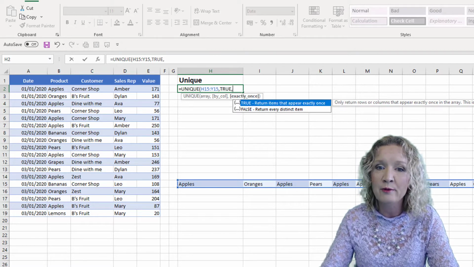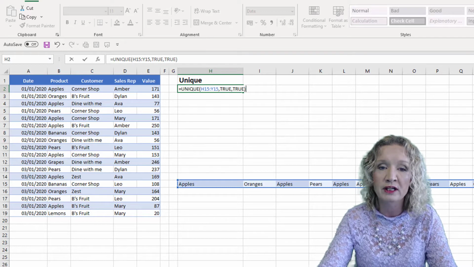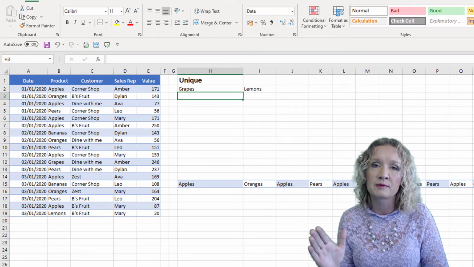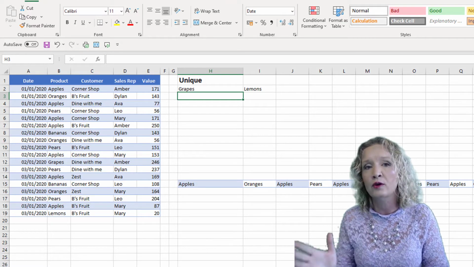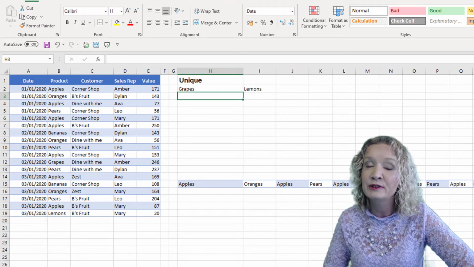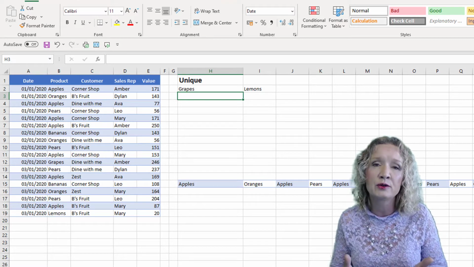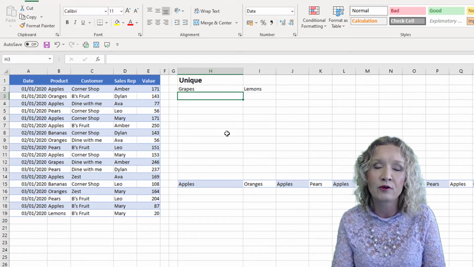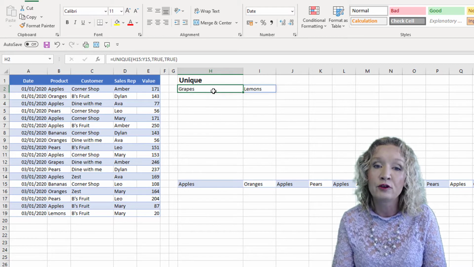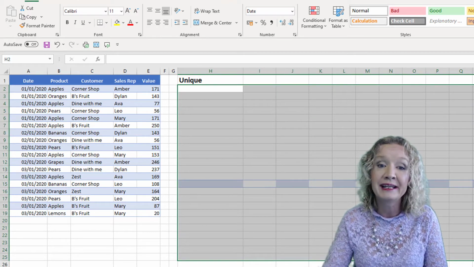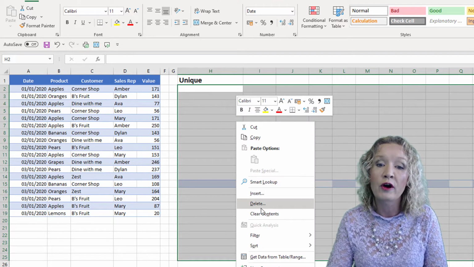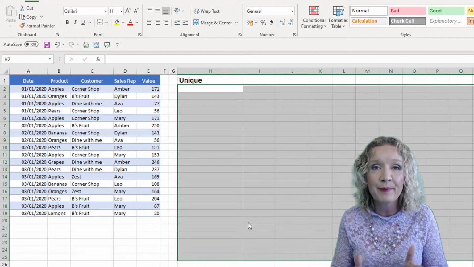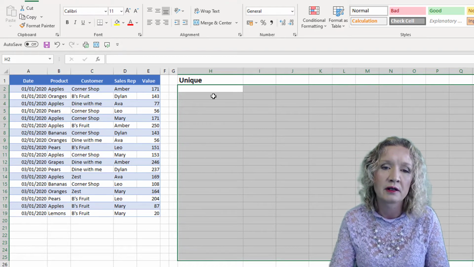And again, we can say we return items that appear only once. And we can see now that we have spilled this across the column. So if you're selecting data that's going across the columns, you need to use the by column or by row option in the unique function. So the unique function will return a unique list of items, or a list of items that only actually appear once. And that's the basics of the unique function.